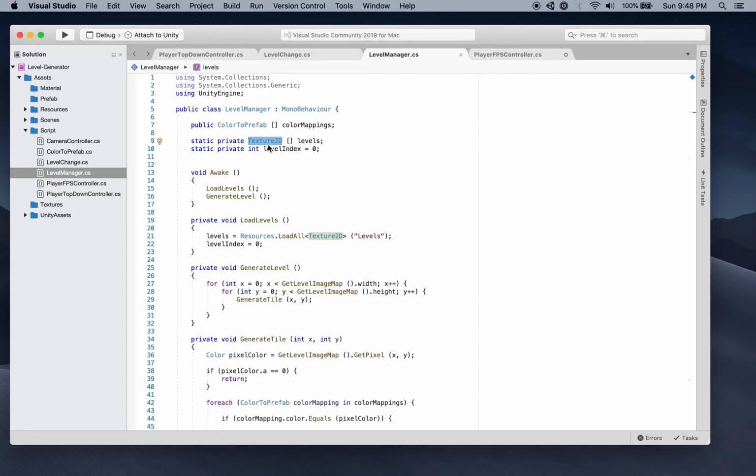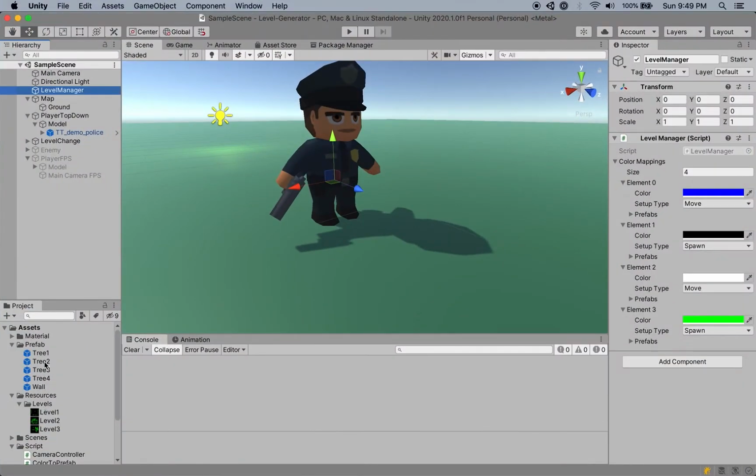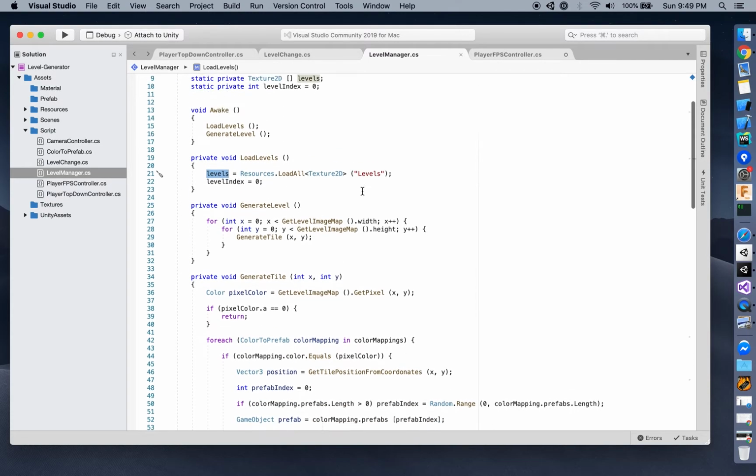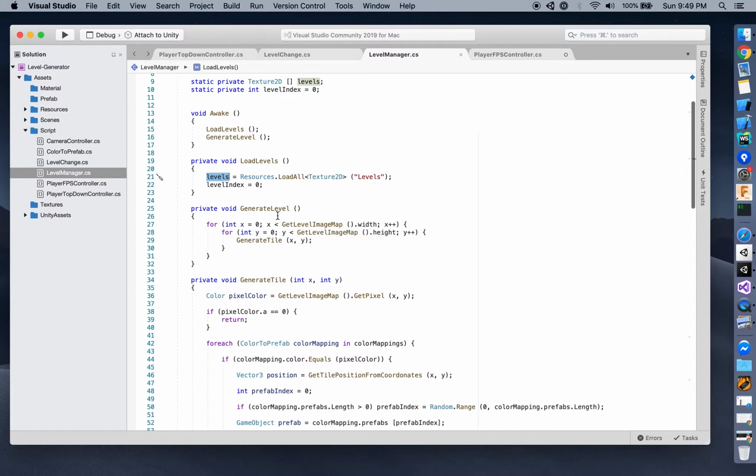And a level index, so I know all the time at which level I'm at. On the start method, I go to resources and read all the levels. So this basically goes to my resources folder and looks for a folder called levels and reads everything that's in it and stores them in my texture 2D array. And then I generate the first level by mapping a pixel from the image to an actual